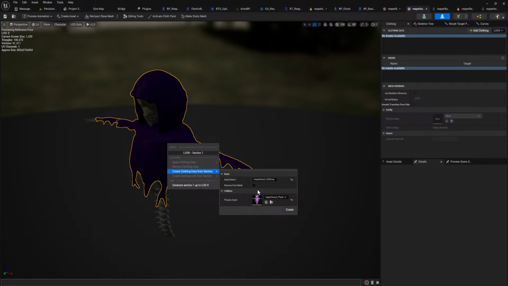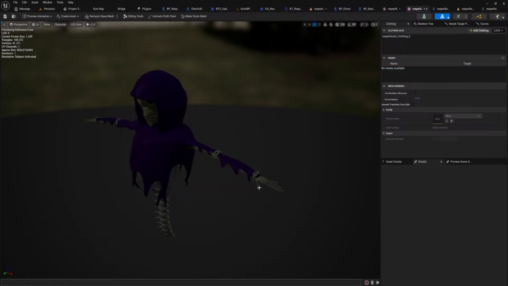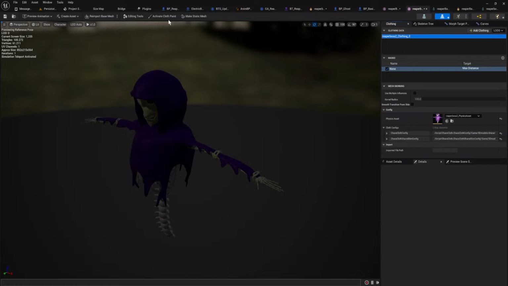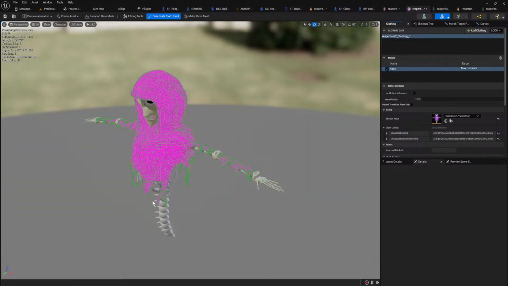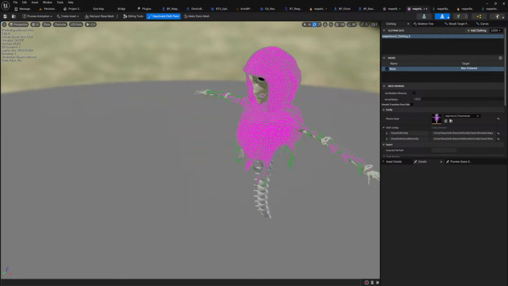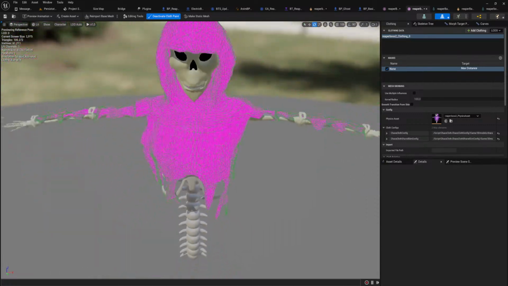You had to right click on the mesh. Oh my god. Okay, so let's create that asset. Now we have that. So now we can activate cloth paint, and now we can paint our clothing simulation. There we go. Holy hell.